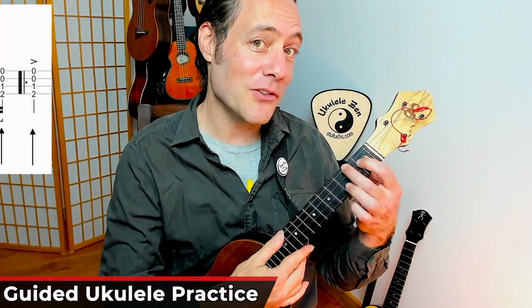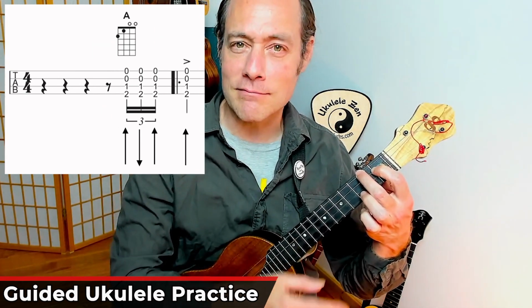You notice that the triplet comes right after beat 4. Now, if you want to slow this down even more, by all means do so. Let's start to apply it to the instrument now. Place your A major chord on your fretboard, and what we're going to do is we're going to play triplet